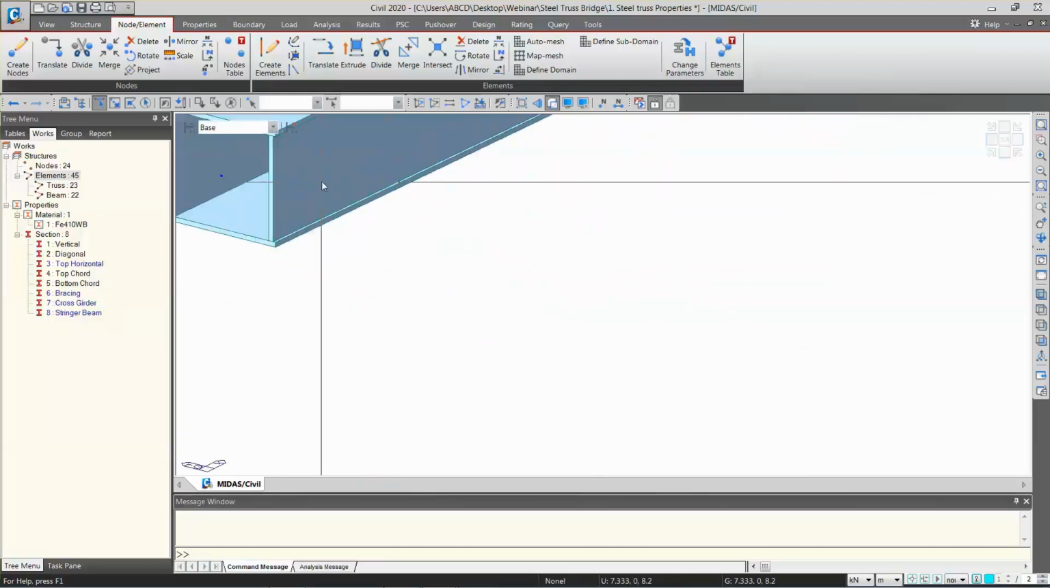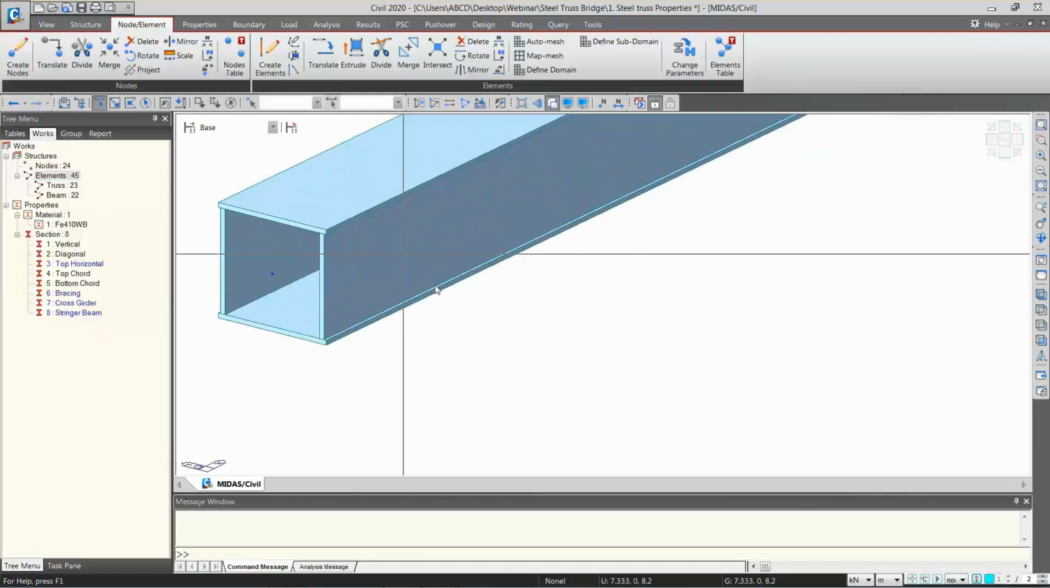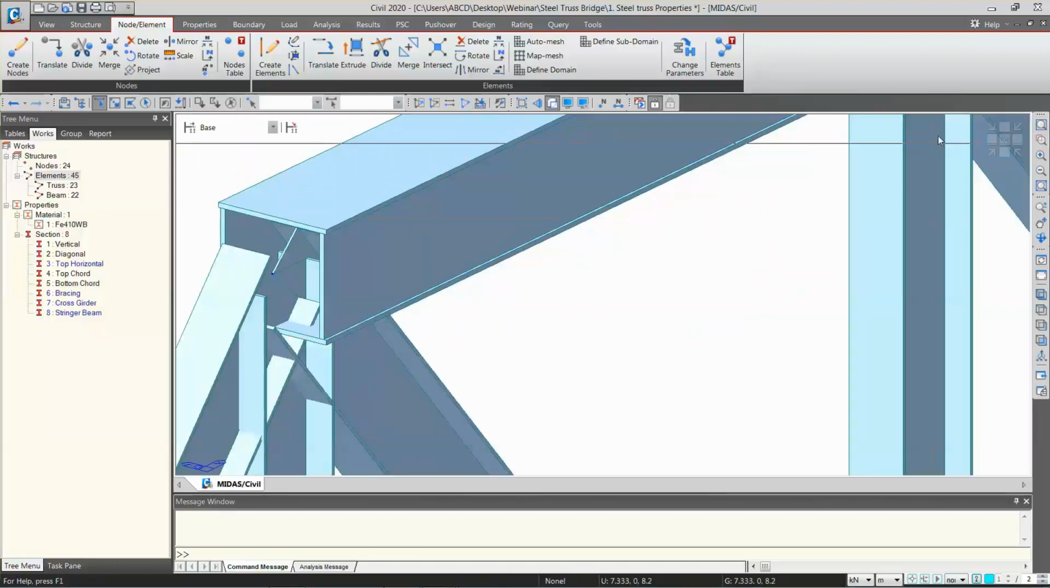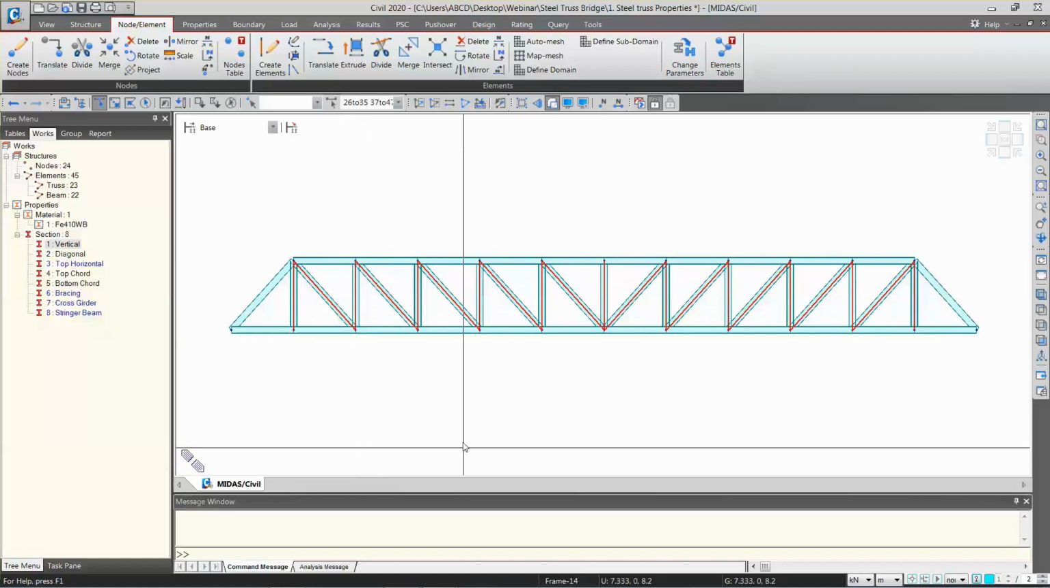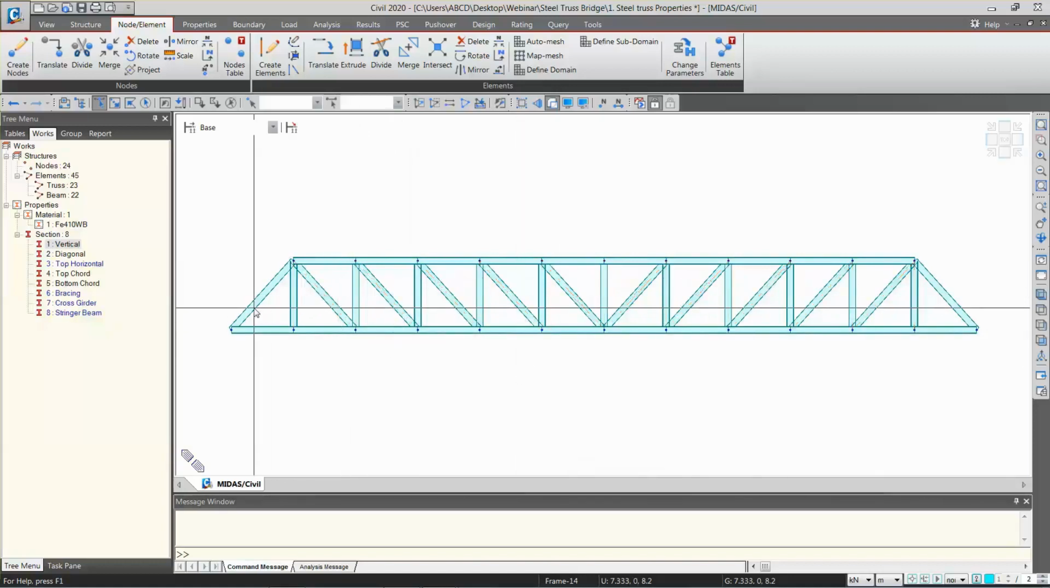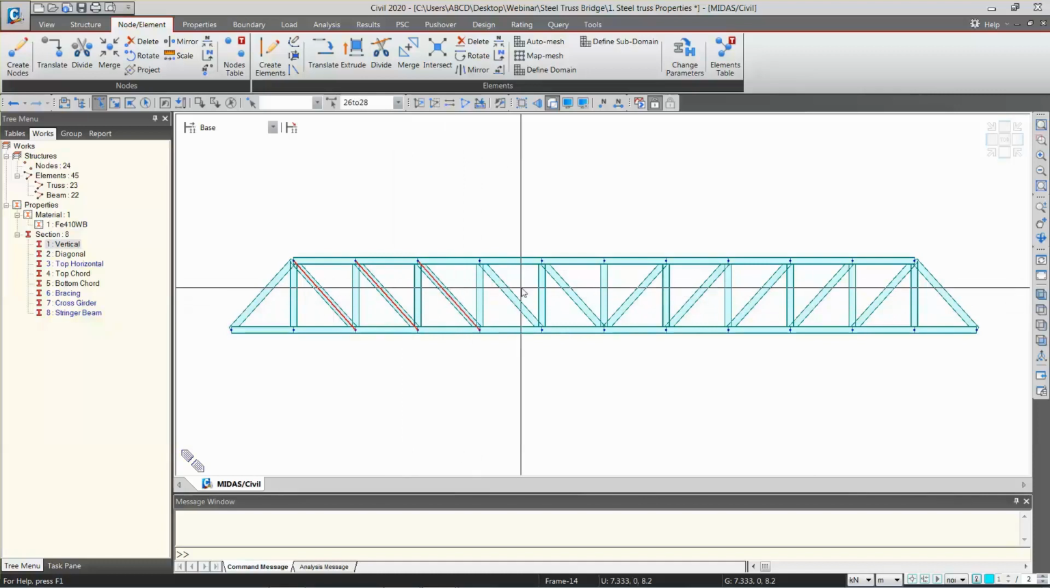Okay, so here you can see the box section. Right, now let's activate all. Now these are verticals, but these vertical elements also have the diagonal elements with it. So now let's select in between the diagonal elements, and then we will assign the